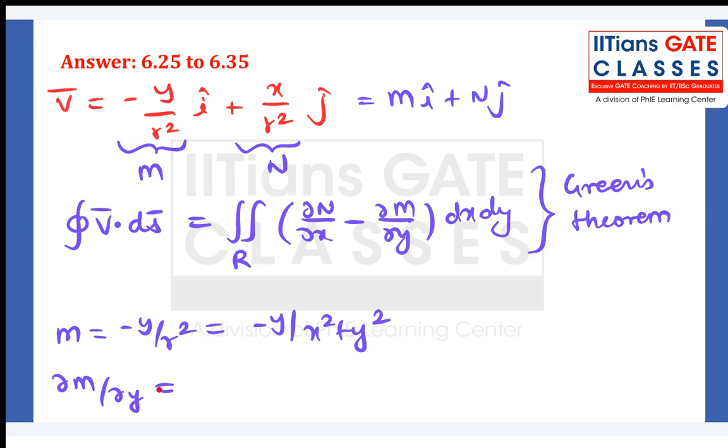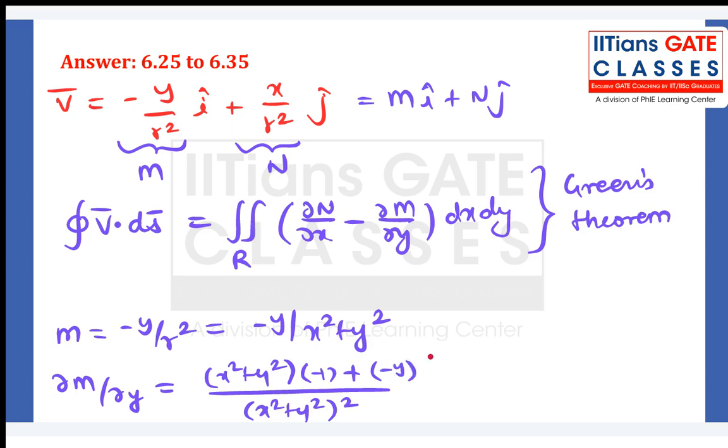Okay, and that will be nothing but x square plus y square whole square, x square plus y square, then the derivative of minus y, that is just minus 1, plus minus y into derivative of x square plus y square with respect to y, so that will be just 2y. Okay, so this will be nothing but x square minus y square, no, minus x square